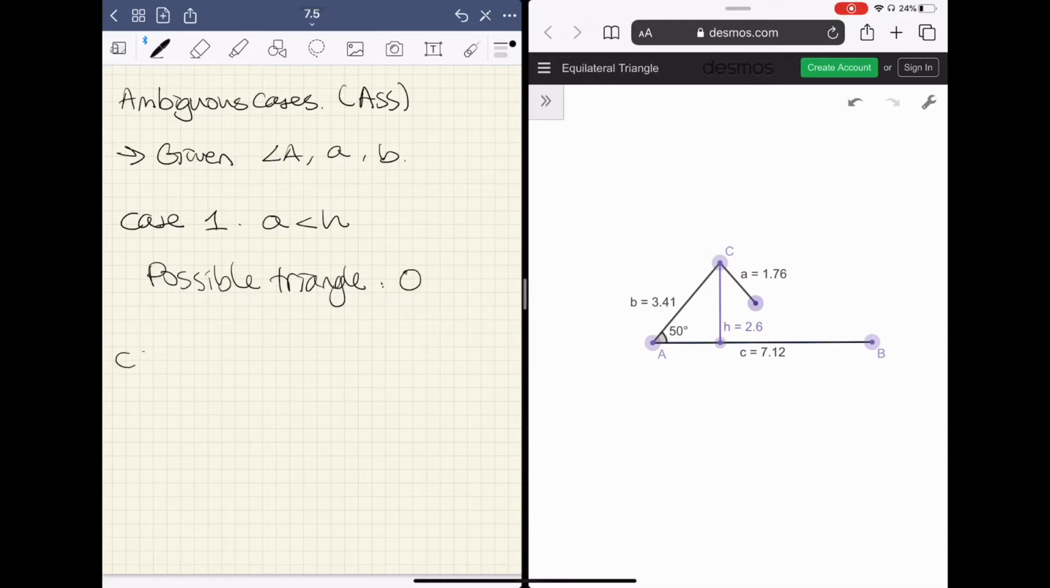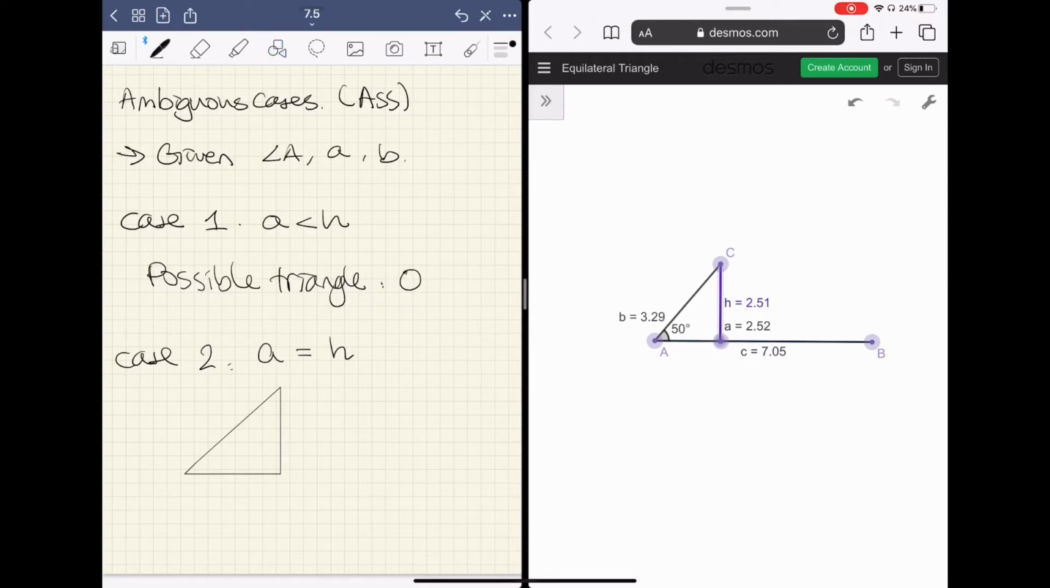Okay, case 2, when the side A is equal to h. When side A is equal to h, then it's really hard to make them equal here, but just assume that they're equal. Side B, side C, and side A form a triangle, which is a right angle triangle here, this one,